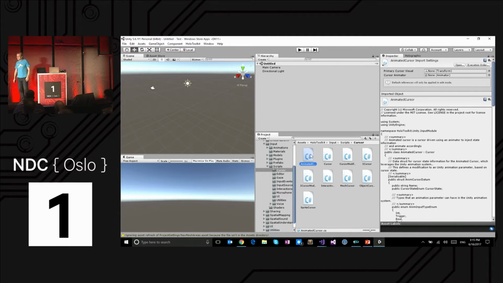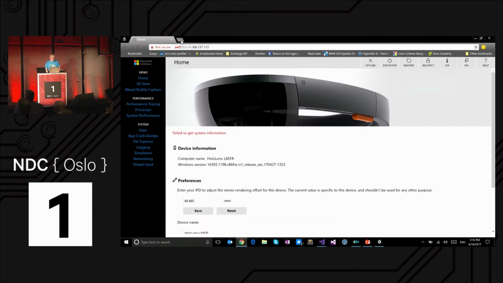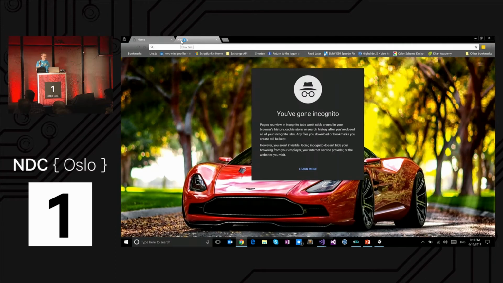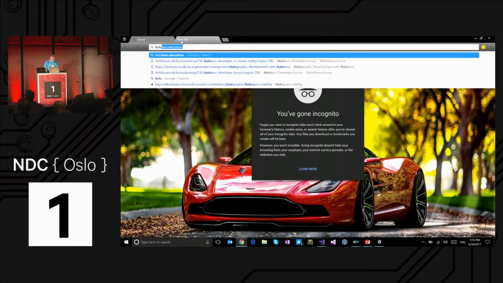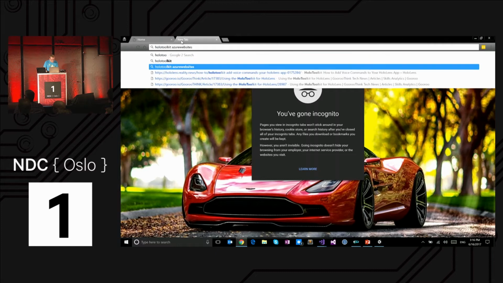Yep. See, I got a question. See, ice broken. Yes. So you downloaded like a 90 megabyte package. Is there some sort of package manager? Good question, actually. I'm not sure I have an internet connection, but there is. That Unity package doesn't come out of the blue like that. I think it's HoloToolkit. If you search for HoloToolkit Azure websites,